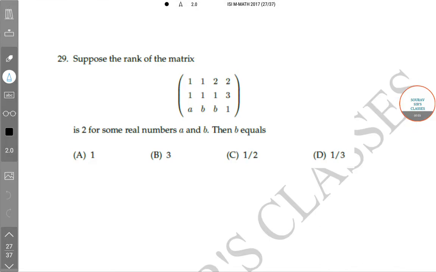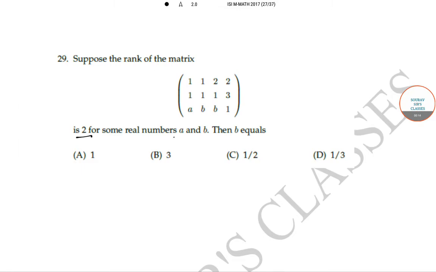The question is, suppose the rank of the matrix [1 1 2 2; 1 1 1 3; A B B 1] is 2 for some real numbers A and B, then B equals. Now, if the rank is 2, it means that one row is dependent on the other two rows. So therefore,